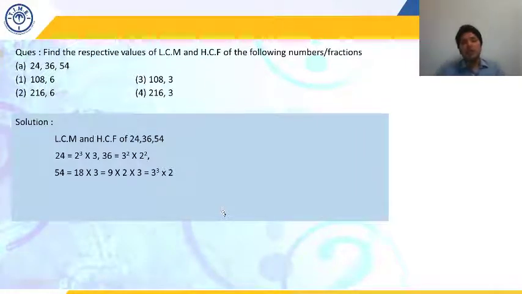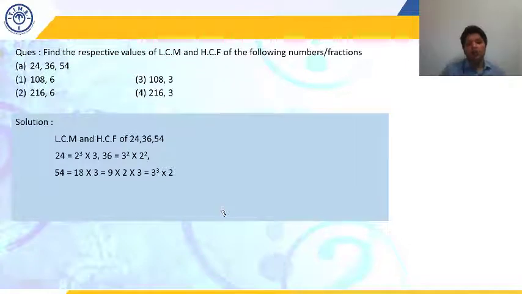What we have discussed now is that the HCF is going to be the product of all the common factors of the given numbers, and the LCM is going to be the product of all the common factors followed by the product of uncommon factors as well. So first get the LCM. Directly we can say the LCM is going to be the highest powers of prime factors, and the HCF is going to be the lowest powers of prime factors.